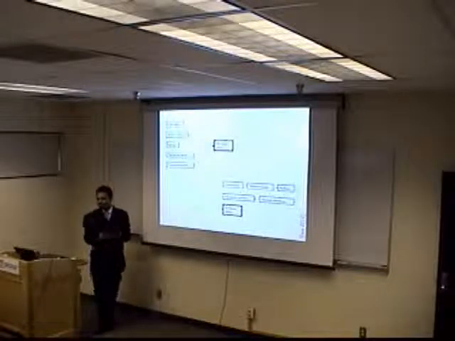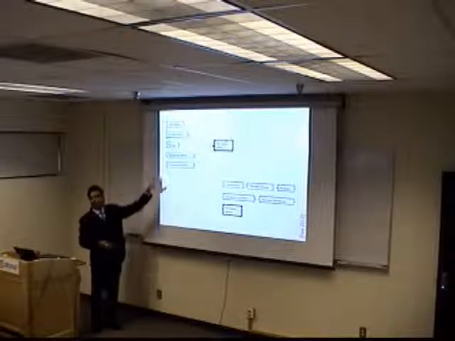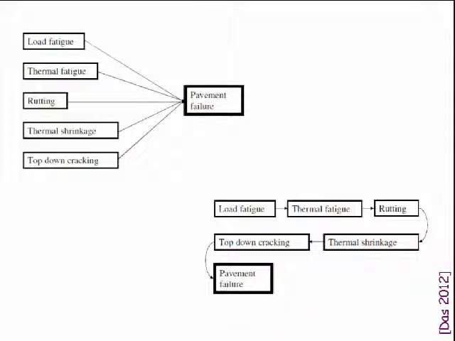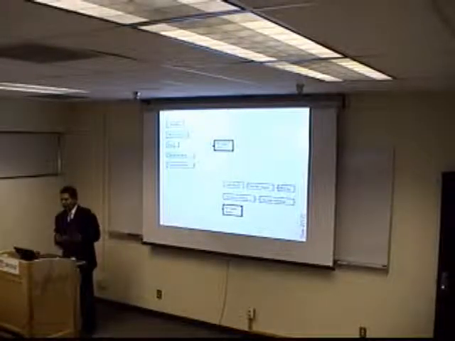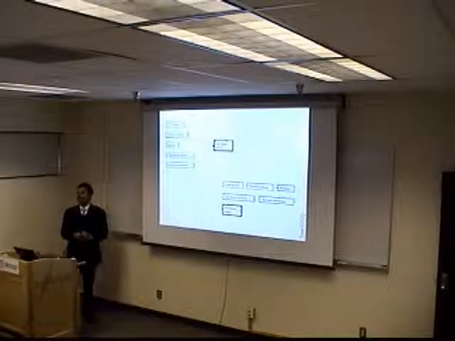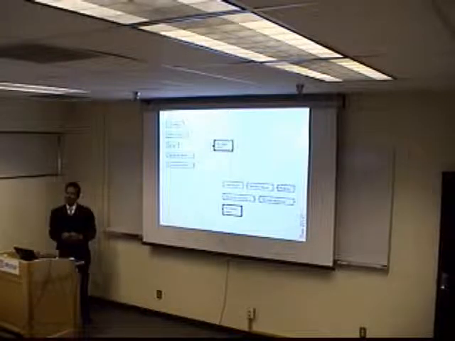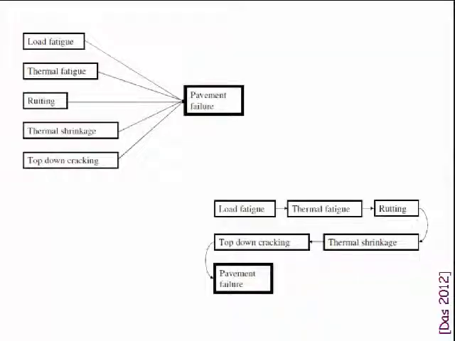So that is a very standard concept used in reliability, whether the distresses are connected in series or in parallel. If they're connected in series, that would mean that if the pavement has failed due to any one of them, then the pavement refuses to survive. Now it is we who have to see whether we could think of the pavement failures as connected in series or in parallel, and we have to initiate some thought process on that.